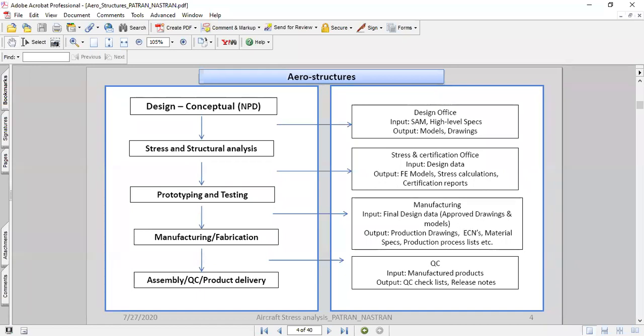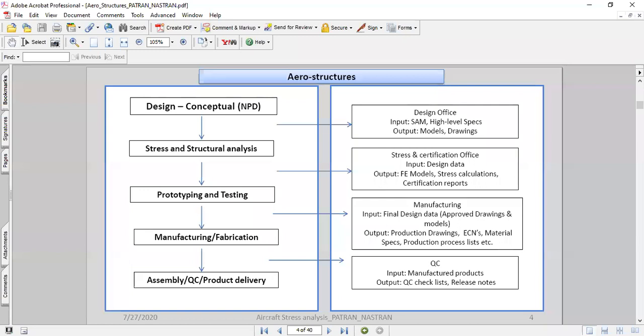I have put down a very simple layout of the aircraft structural companies or departments. Right from scratch, when they design an aircraft, you need the high-level technical specifications. We also call them space allocated models.